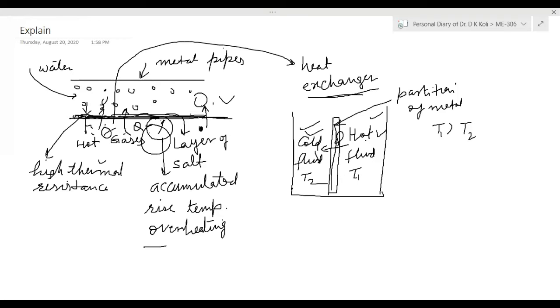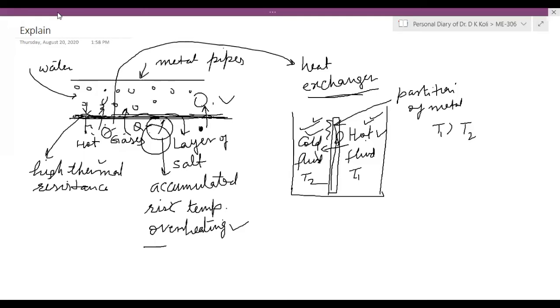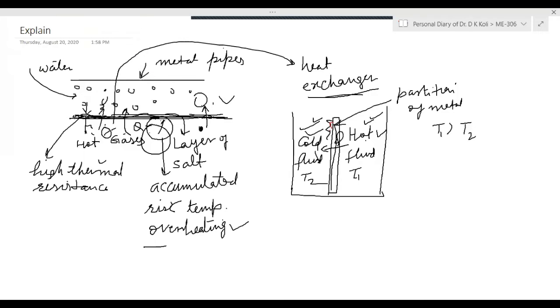Now, what is the problem? When the salt deposition is there, because of that, heat is not flowing. So that is causing the rise in temperature as well as the overheating. Just try to understand simply up to this level, that because of the salt deposition, heat is not being transferred. Okay. Now, what is the solution for that? We are having one fluid here, another fluid here. We have to transfer heat. But suppose salt deposition is occurring here, over this level. Salt is depositing here. So what will you do so that salt should not deposit?